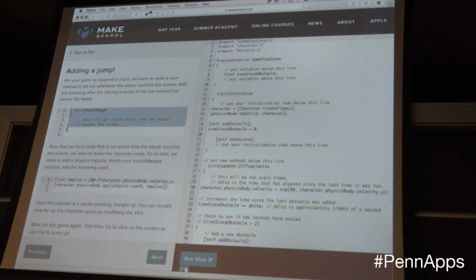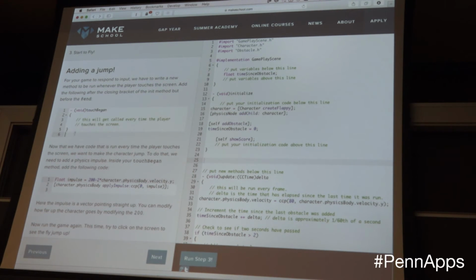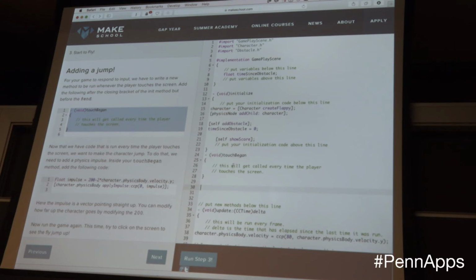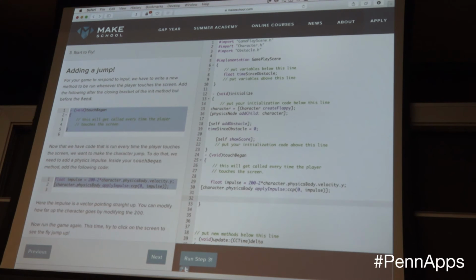Okay. So on our scene, one of the things in the game framework is the ability to tell us that a touch began. In the UI programming for iOS with Apple's frameworks, there's also similar things. If you want to get nitty-gritty with touches began, how many fingers, gestures, all kinds of crazy stuff. But we're just going to register here that we have a method called touch began. And what we're going to do here is we're going to add a physics impulse to the bird so that it jumps.